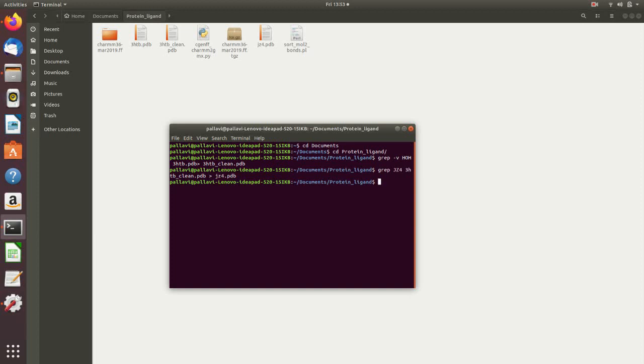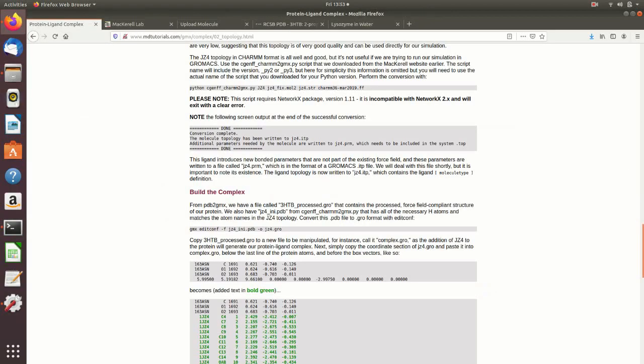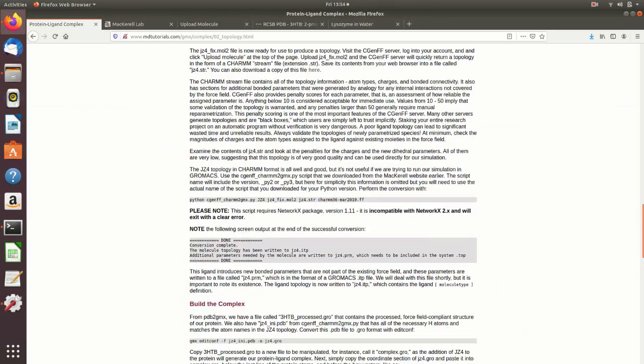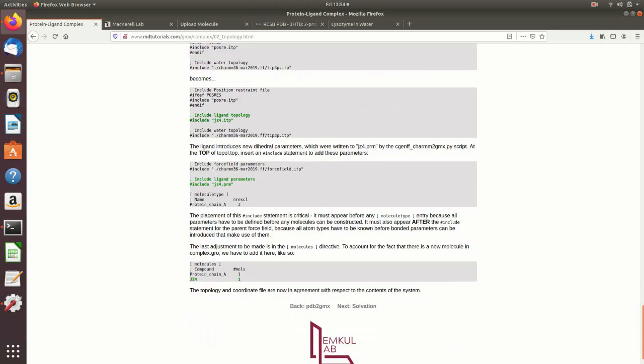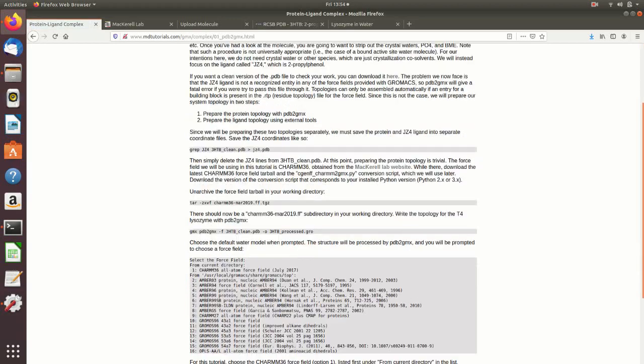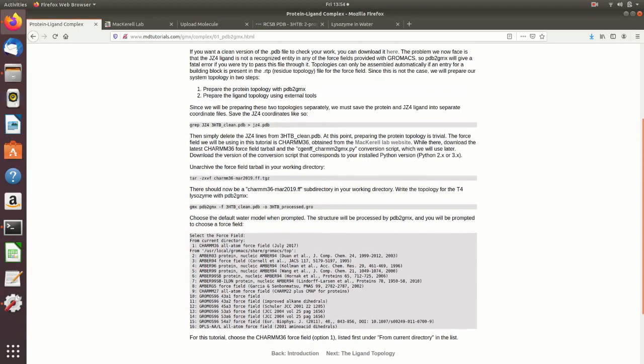Now the protein topology has to be generated using the CHARMM force field, which is not inherently present in the GROMACS software. So it can be downloaded from the MacKerell Lab website, whose link can be found in the tutorials page of protein ligand by GROMACS.